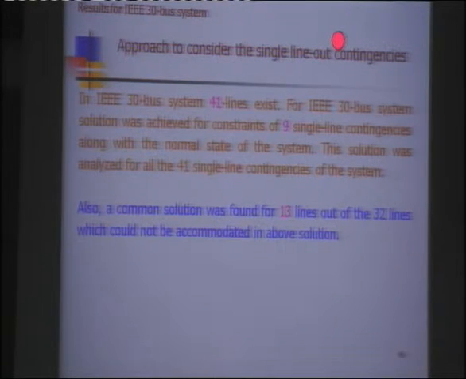Suddenly, some area gets isolated. When some area gets isolated, the settings of the existing relays are still not changed. That means the remaining relays still have to act as per the protection philosophy. But the problem is that when that particular part is isolated, the load current and the fault current will change,